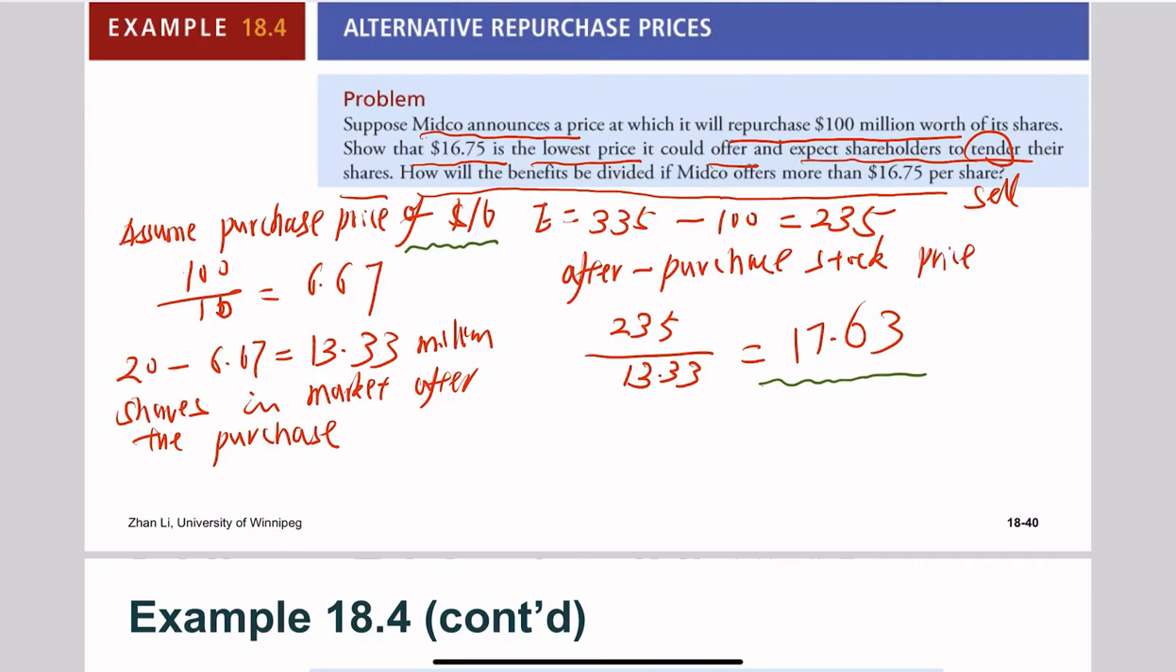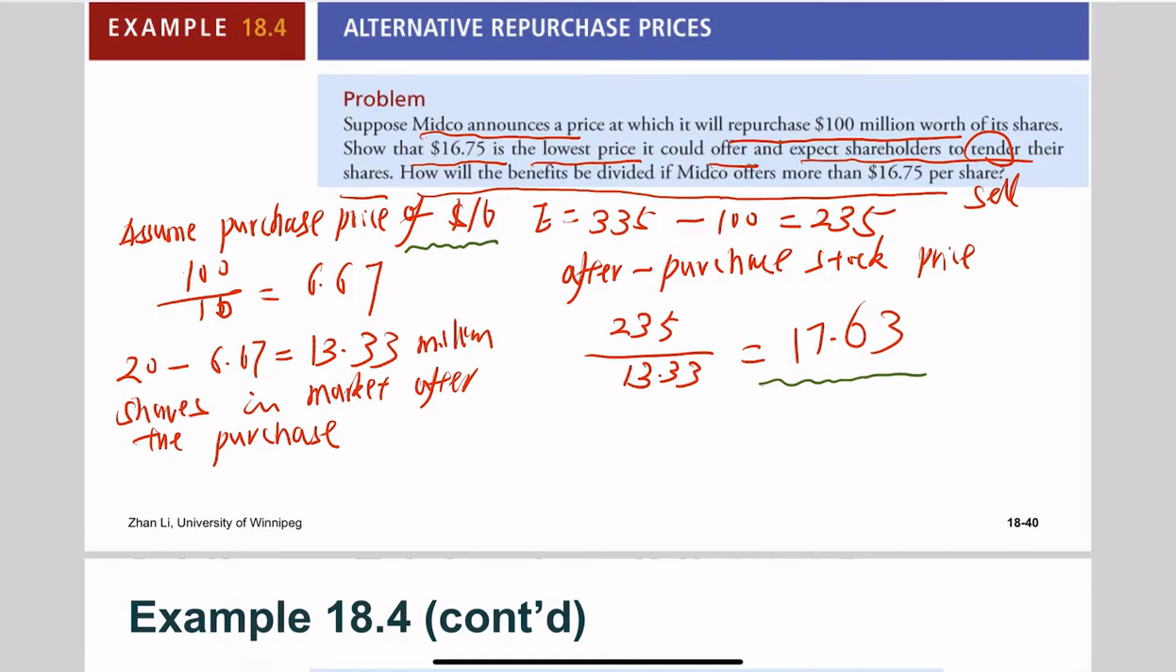Okay, and then obviously you can show that at the price of $16.75, the purchase price and the after purchase price will be the same. We have done this in the last class. So that's why a firm could purchase at this price, and that's why shareholders will be willing to sell shares